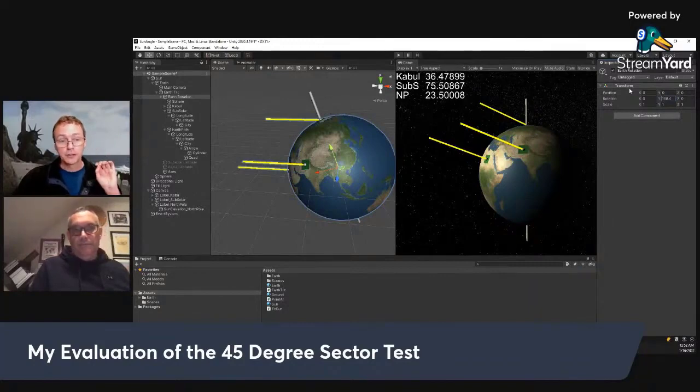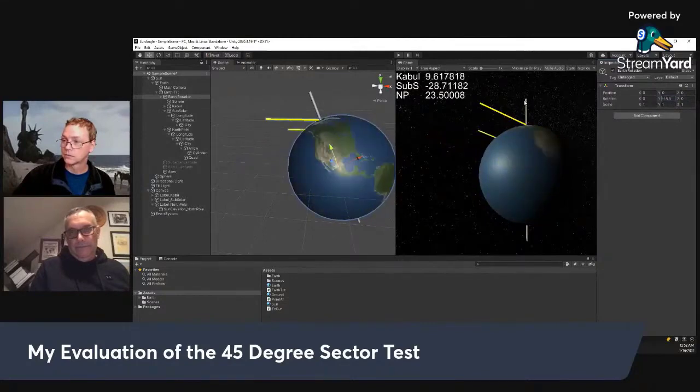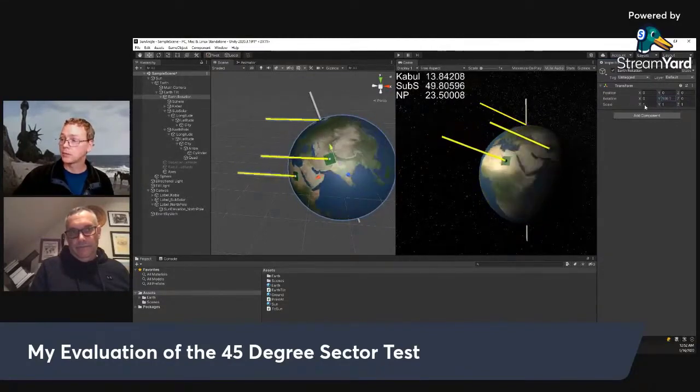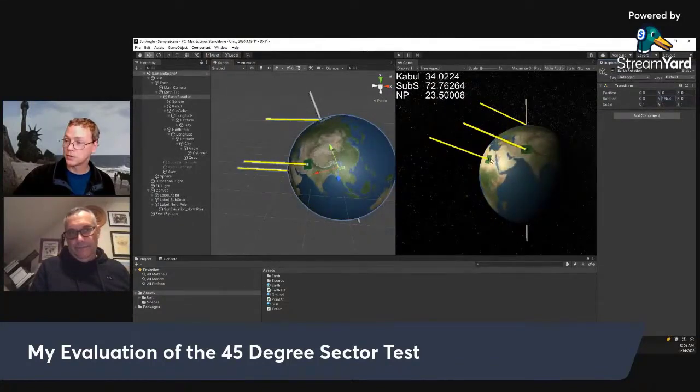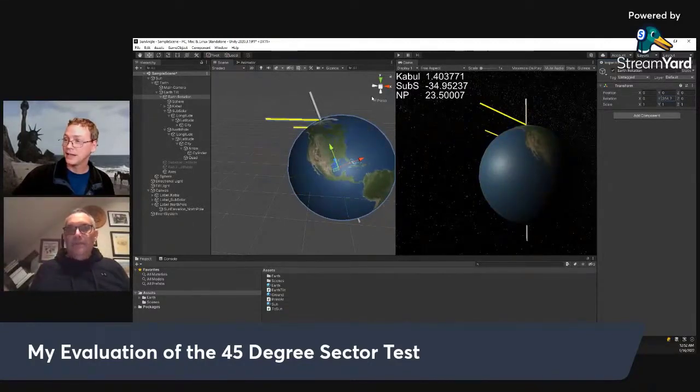It never changes from 23 and a half. Even though down here, down in Africa, in Egypt, it looks like the angle changes throughout the day. At some times of the day, Egypt has the sun at a higher angle than the North Pole. At other times of the day, Egypt has the sun at a lower place than the North Pole.